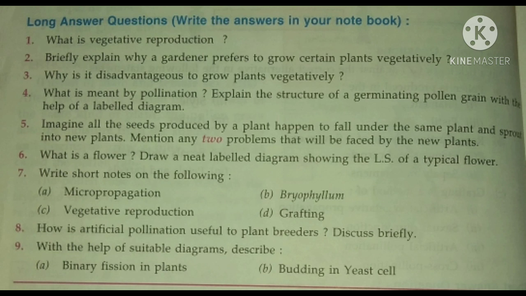That is also okay, but while writing the answer, see the spellings. You have to write the spellings properly. Next, briefly explain why a gardener prefers to grow certain plants vegetatively. So, why do gardeners prefer to grow some of the plants in a vegetative manner? You can see the answer in the page number